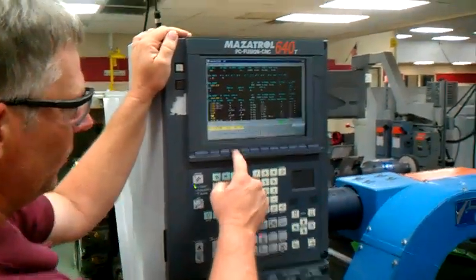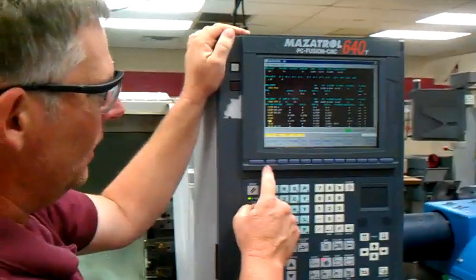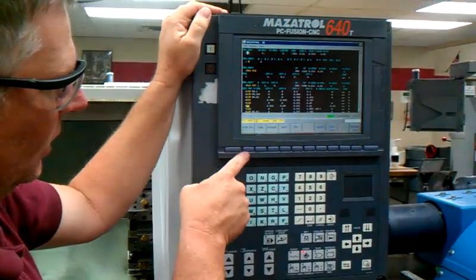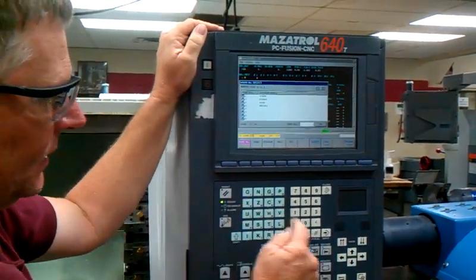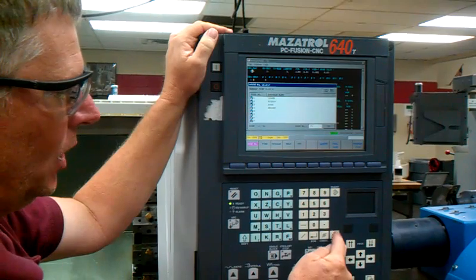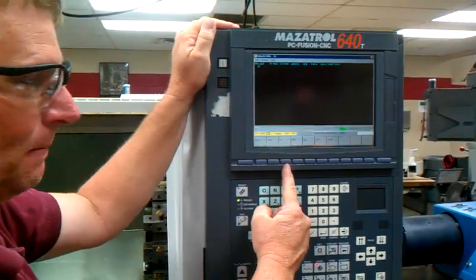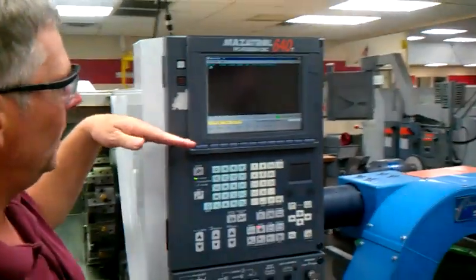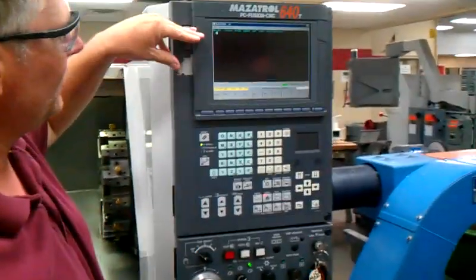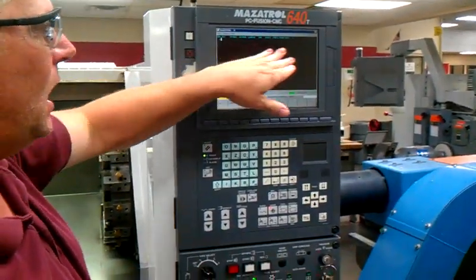Menu key brings up the program menu. I can at that time select a work number. We decided to go with program number 31, input, and we're going to create a Mazatrol program. Guys, what I've done is I've started a new program, and it's asking me, this is what's called the common